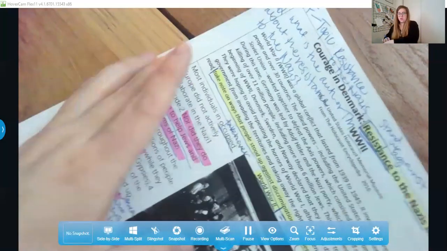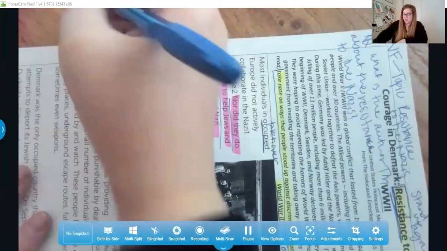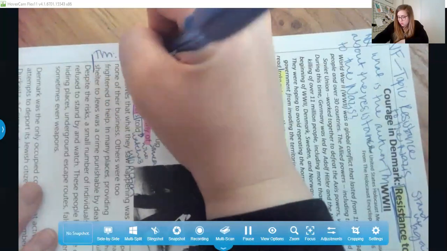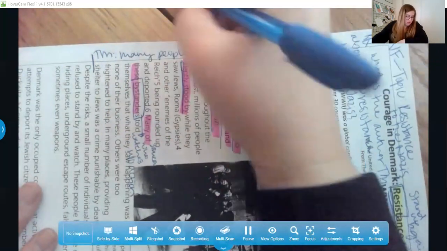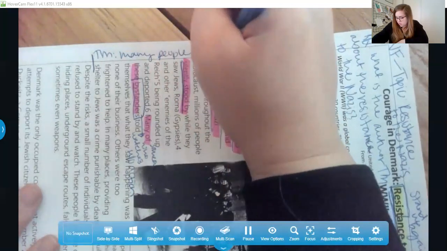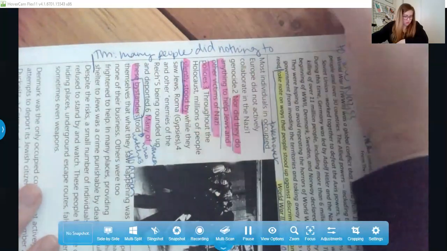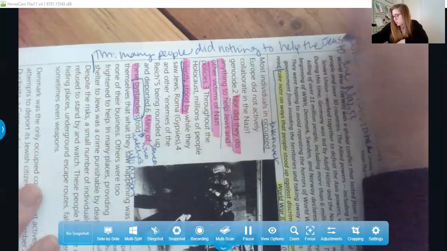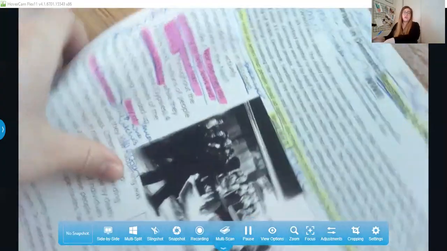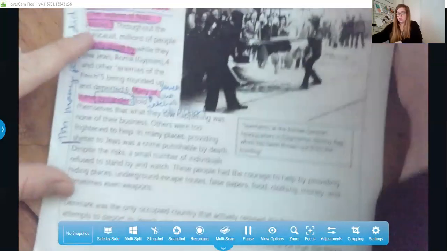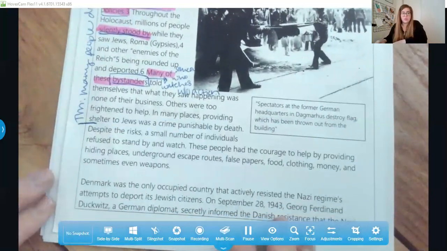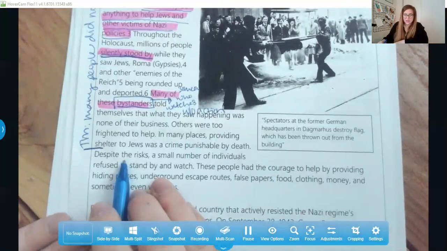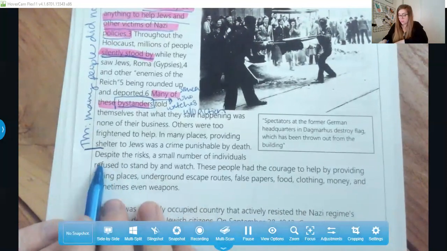So what this is teaching me here, I'm going to flip it over this way just so that I have space to write this, but here's my teach me for this first part. Many people did nothing to help the Jews. Okay, so many people did nothing to help the Jews. I can tell that just by looking at this section here. However, today we're going to learn about some special people who actually did do something. And so let's go back to our text and be thinking about that thinking job that we've been talking about.